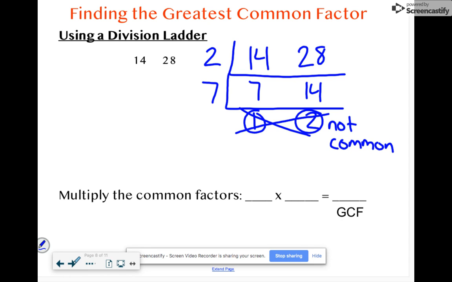But the numbers along the side here are the common factors, and those are the factors that you're going to multiply. So 2 can go into both, and so can 7. So now when I multiply them, 2 times 7 is 14, and the greatest common factor for 14 and 28 would be 14. Now, I'm going to try this one more time, another example, just to let you